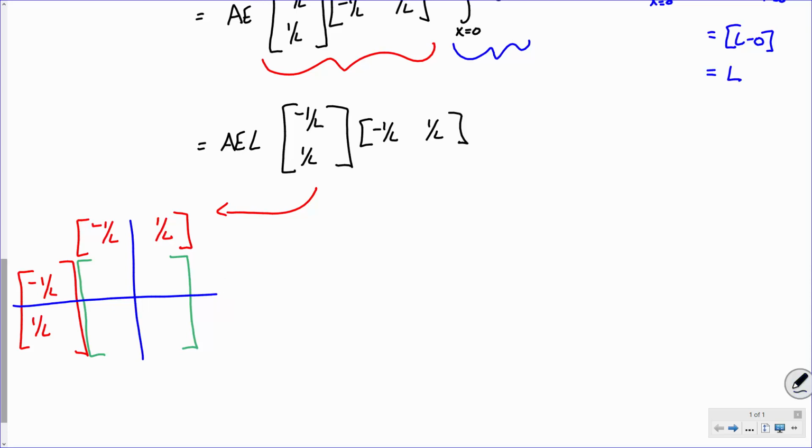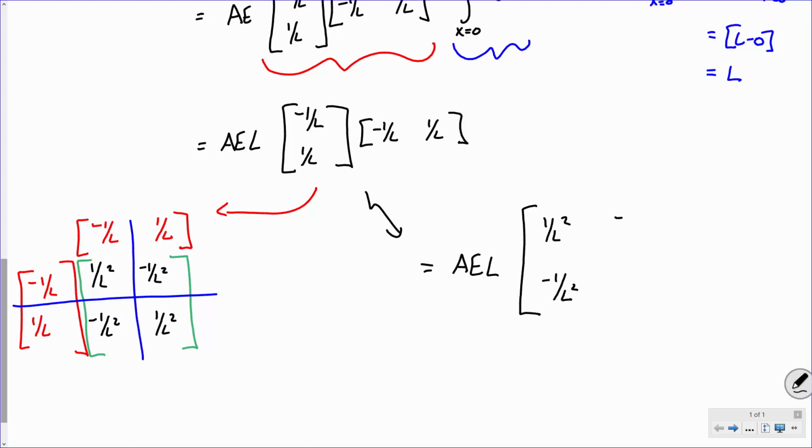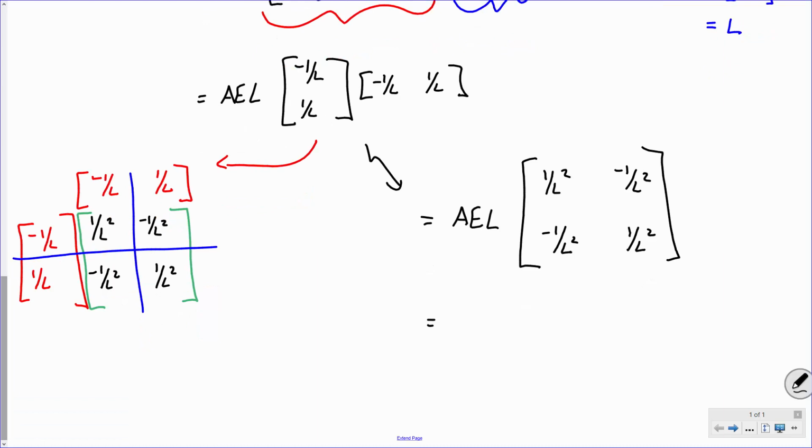So let's take this one step at a time. Let's talk about this term right here. How do I get that? This times that. So what's that term in the top left-hand corner going to be? 1 over L squared. What about the one in the top right corner? Minus 1 over L squared. Minus 1 over L squared, 1 over L squared. Does everybody see that? So this term right here, it equals what? AEL times the matrix of 1 over L squared, minus 1 over L squared, minus 1 over L squared, 1 over L squared. Distribute that out, and I get